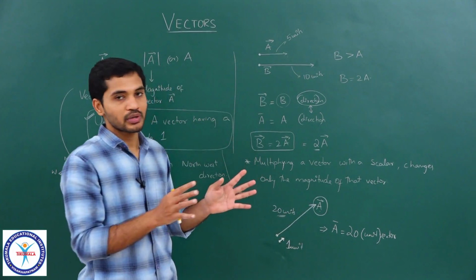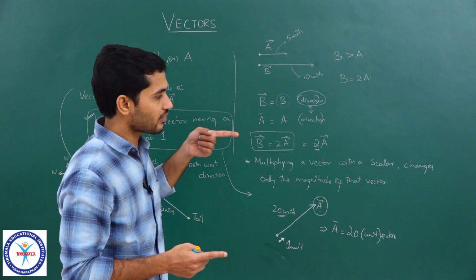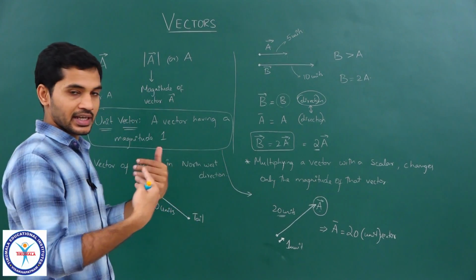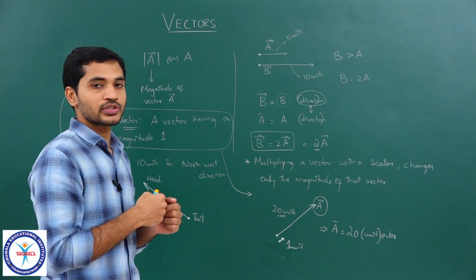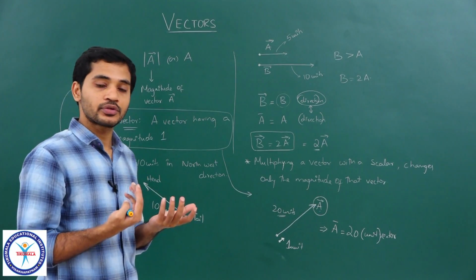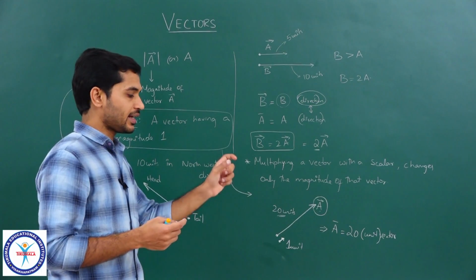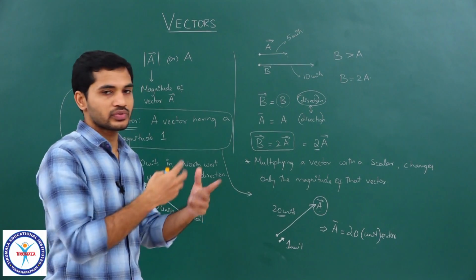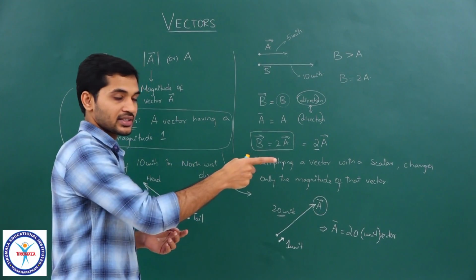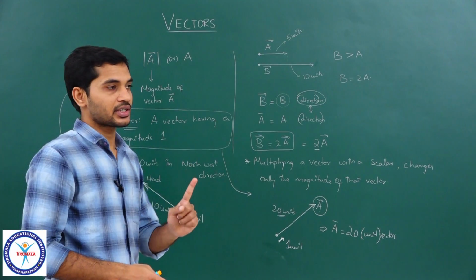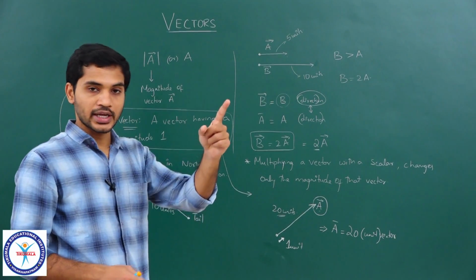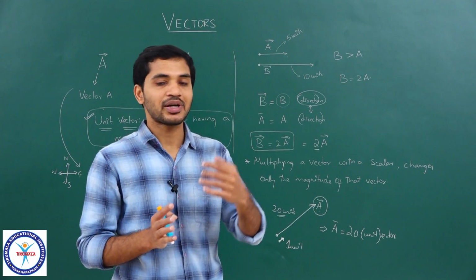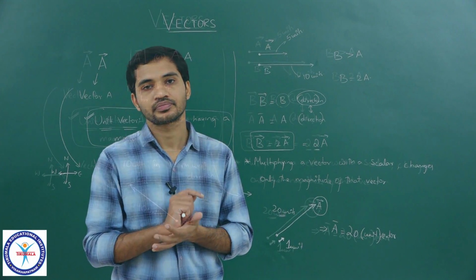Clear? So whenever I need to represent any vector, for example, a vector in this direction, let's say velocity. Let's say I am traveling in this direction with a velocity of 10 meter per second. What I have to do to express that is, I'll write 10 and I'll multiply that with a unit vector which is in this direction. We can define that later on. What is the unit vector in this direction, or any random direction? We would know unit vectors in any direction. All we need to do is multiply that with magnitude. Clear?